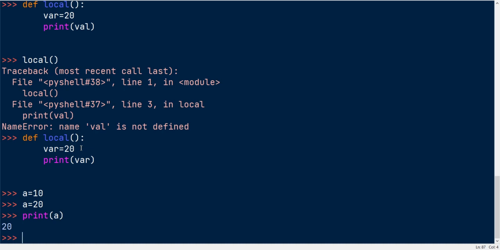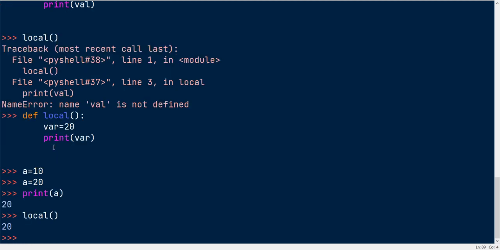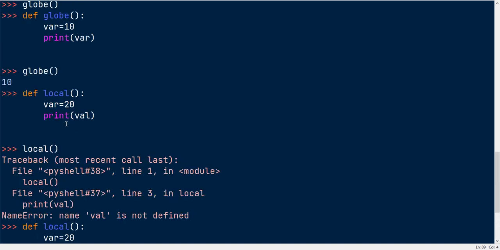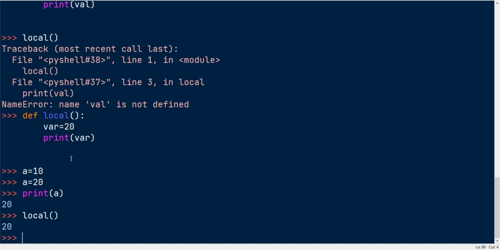Make sure you assign a different variable for different values. These are like memory addresses, so you can use a name only once. If I call local, it will return 20. This is how local and global variables are different.